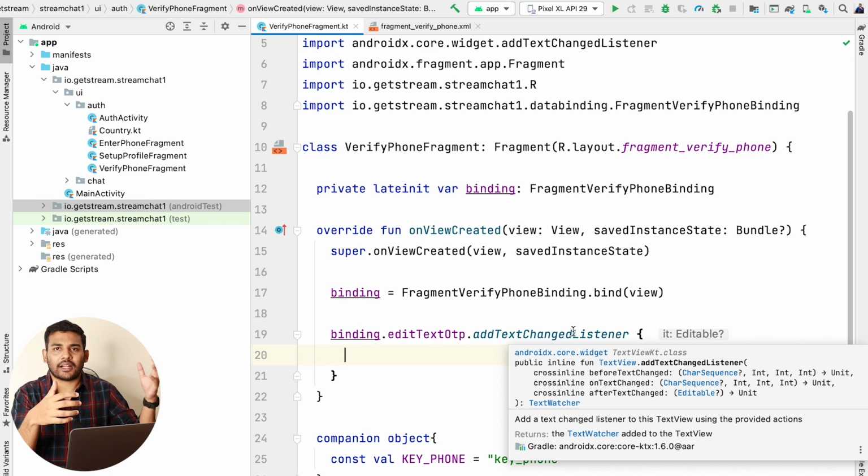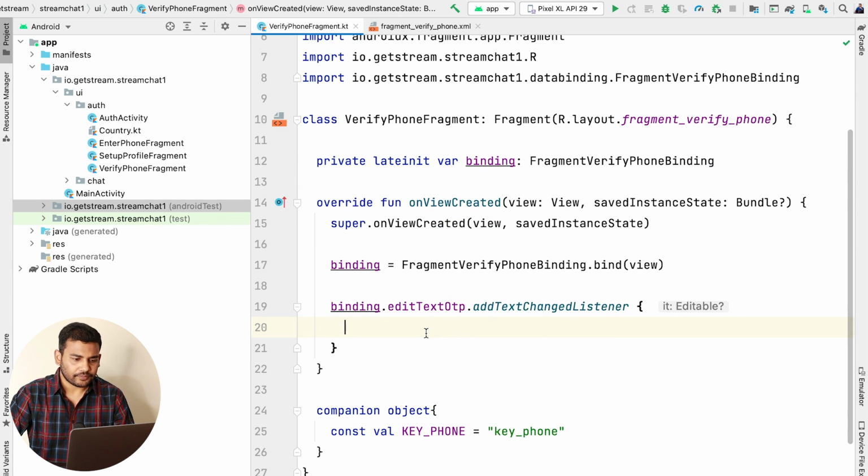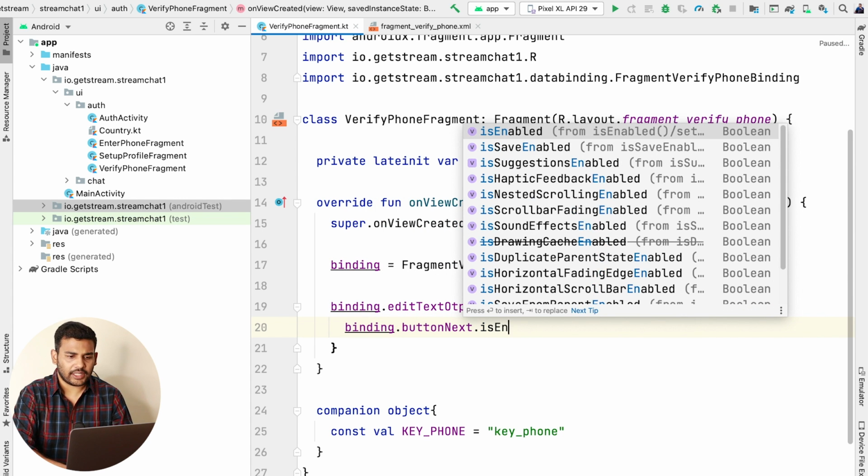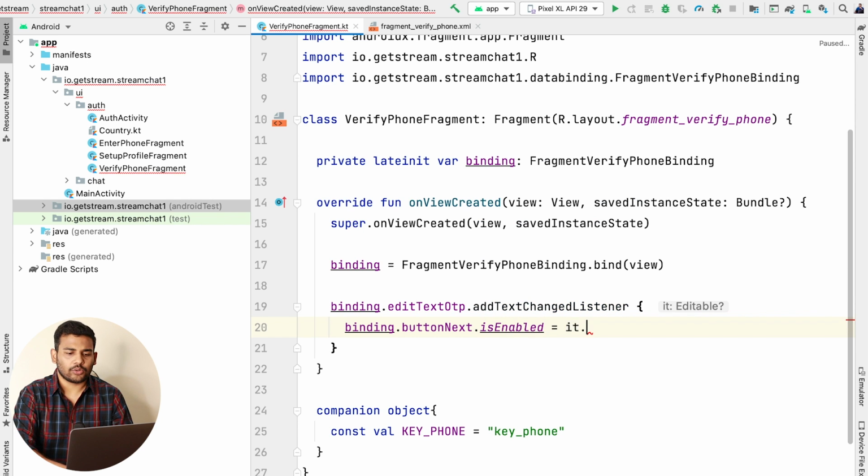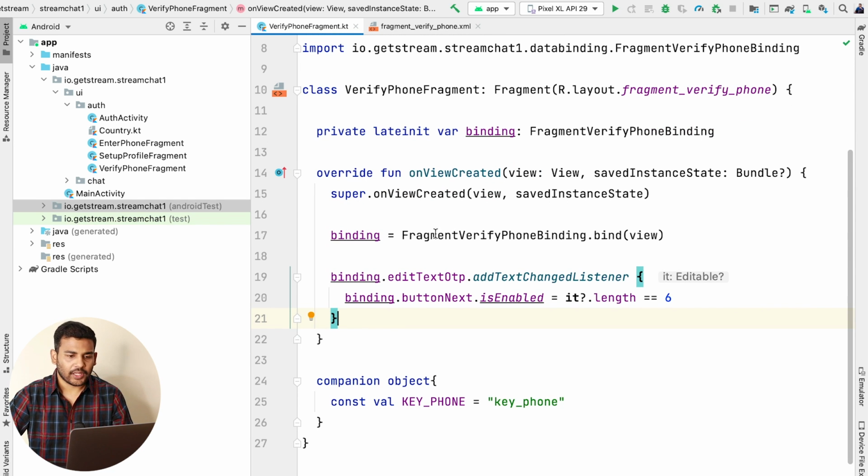Again we need to check that it is a correct OTP or not, but by length it is valid. So in this case I will enable the next button. I will write binding dot button next dot is enabled equals it dot length equals 6. So if the entered value's length is 6, we will enable the button. For any other case, the button will be disabled.